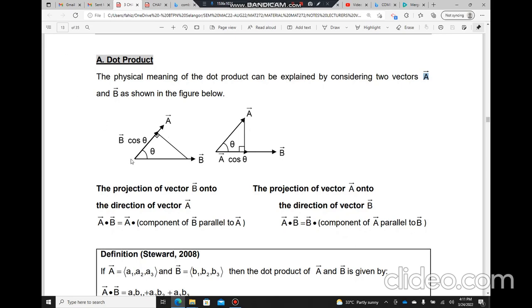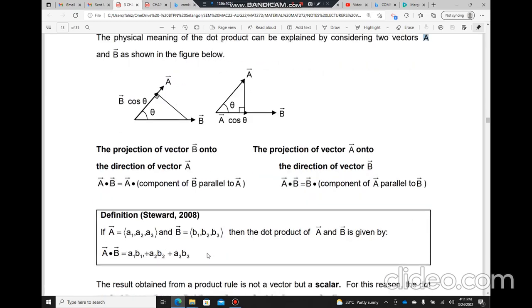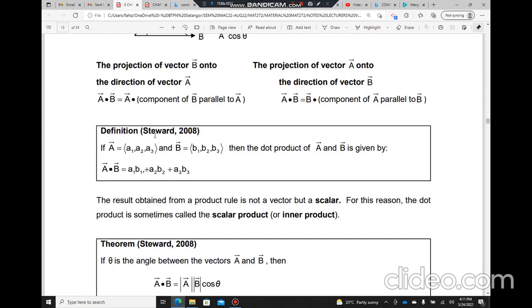Okay, so if you look at the figure here, for A dot B, we have theta here, so it will be B cos theta, because cos is adjacent over hypotenuse. Okay. So, the definition from Stewart, 2008: if vector A is A1, A2, A3 and vector B is B1, B2, B3,